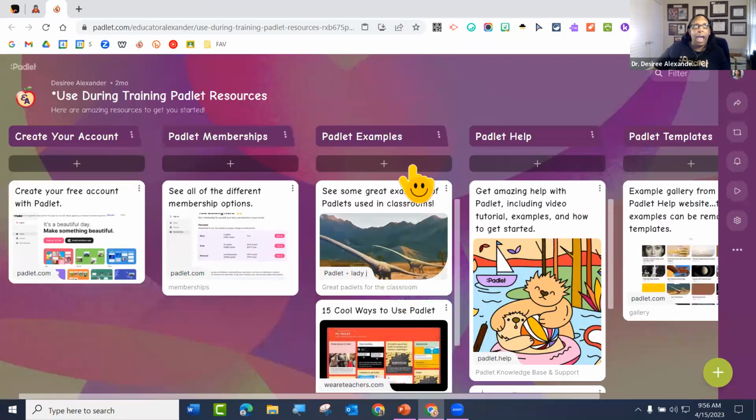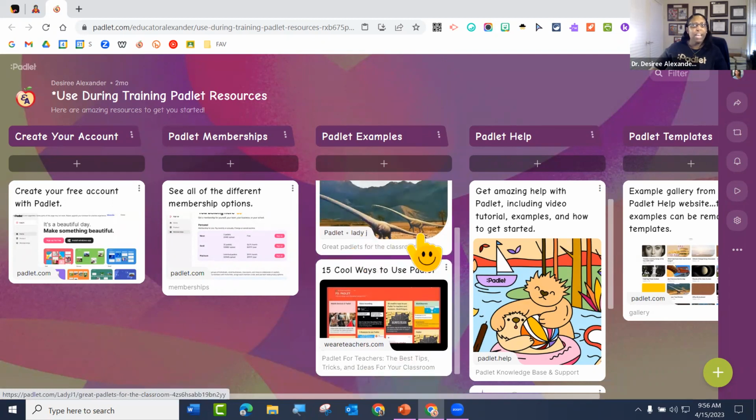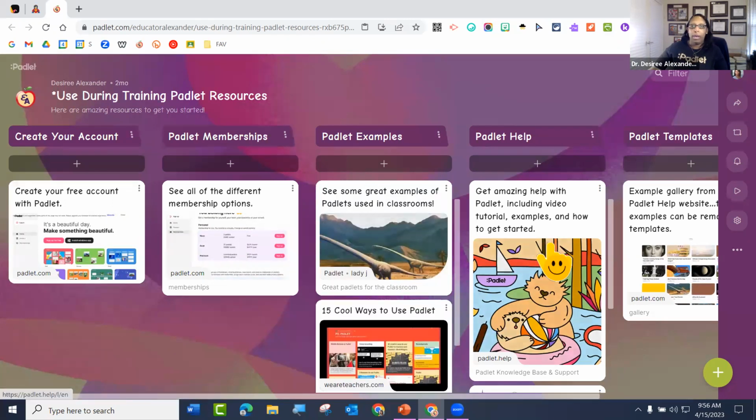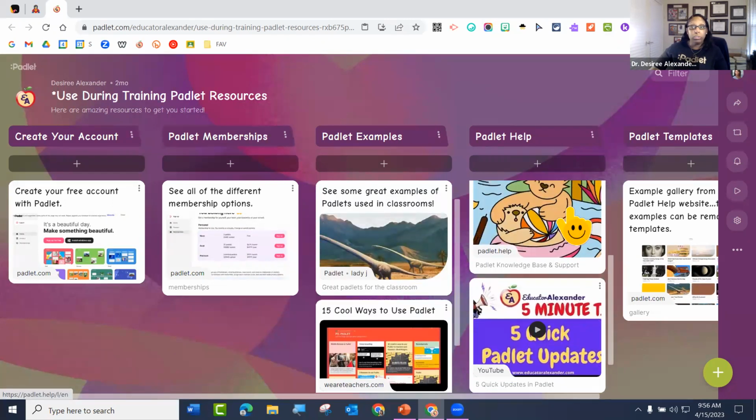There's never going to be a time when I can't get an idea for using a Padlet. It's there. If you want it, it's there. Now, if you just want to sit there and say, I don't know how to use it, then that's you in your personal life, because it's out there. There are examples. There are ones you can remake. If you want to use it, it's there. And this just gives you a couple, and then the tutorials and all that kind of stuff.